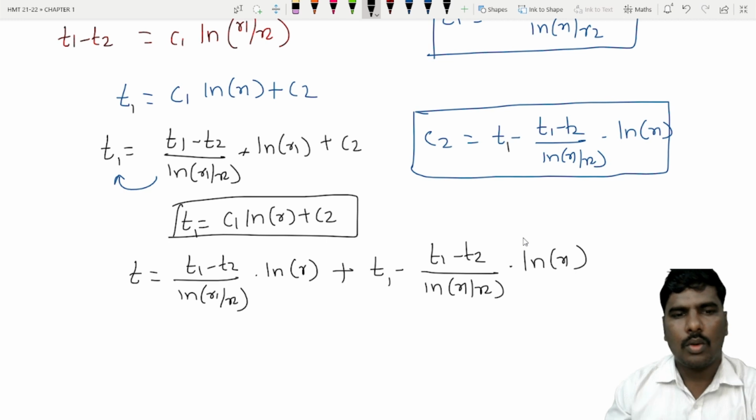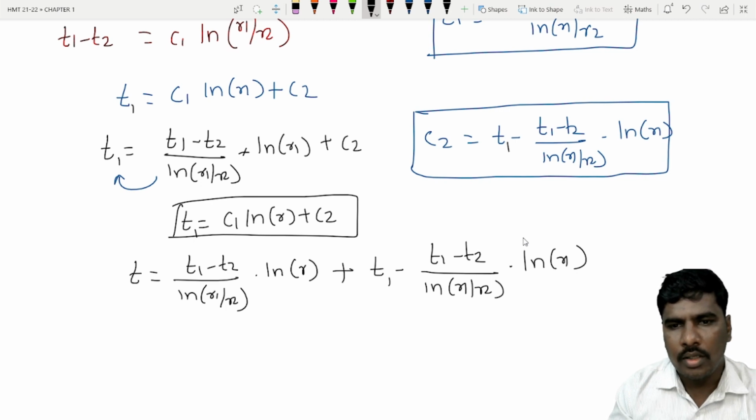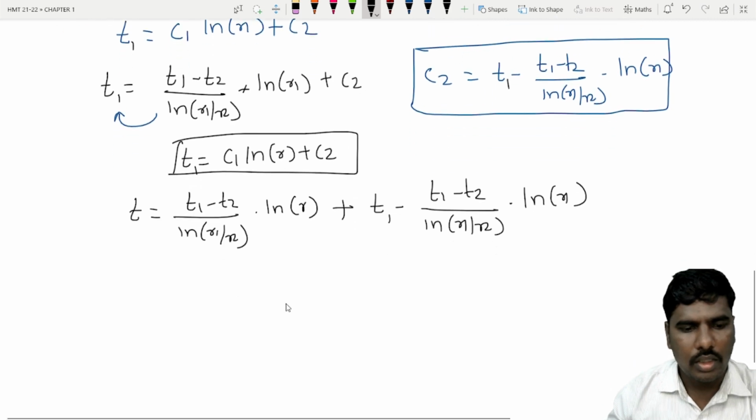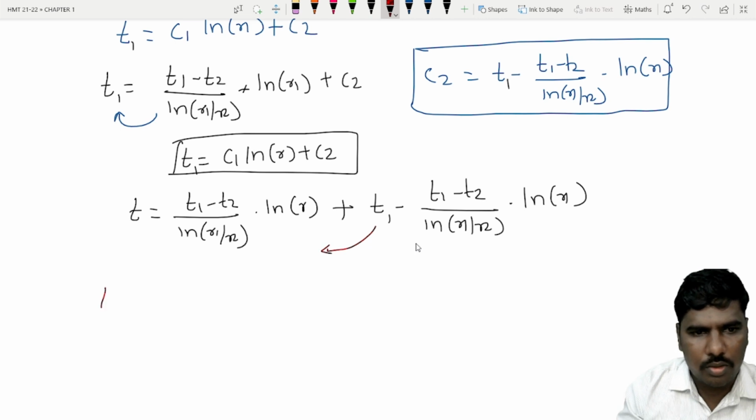So here we got the temperature distribution equation. T is equal to, now I am taking this T1 to the other side, so it becomes negative. So this equation becomes T - T1 is equal to